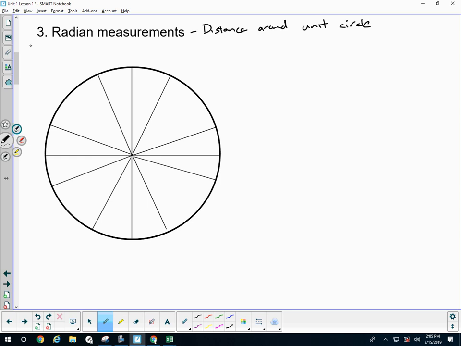Here is my unit circle. We call it a unit circle because its radius is 1 unit. So from the origin here, (0, 0), to my circle, we have a distance of 1 all the way around. Okay? Now, if radians are distances around the unit circle,